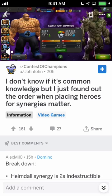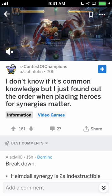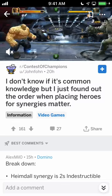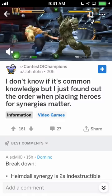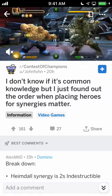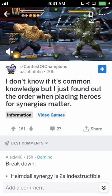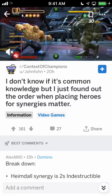So he could last a long time. So if synergy order doesn't matter, then it should do the exact same thing. But unfortunately, watch what happens when the Thing gets hit. You will see some indestructibles happen just like before, but notice when it comes to reviving, his health goes down to 1%, which should happen right now, and instead of going to 24%, he stays at 1% until he is eventually,